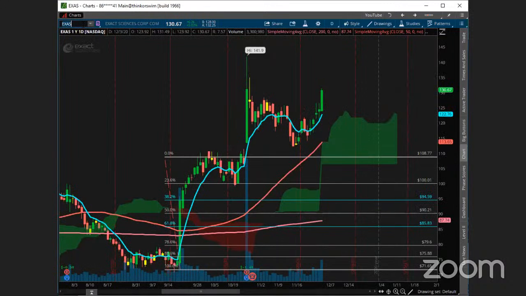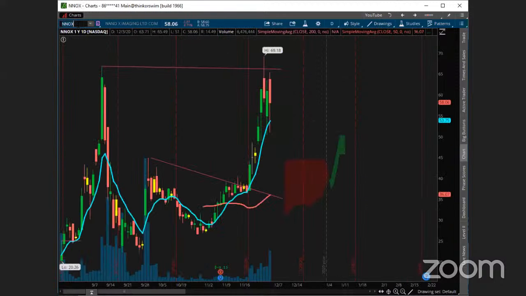EXAS. Exactly, a strong candle right there, right? So it's a pretty good breakout out of these levels. You can kind of see this, nice little breakout out of those levels right there. Strong candle right there. This is your first kind of breakout candle, double pause day and up. So let's see if it can get some follow through on that one. Nice find there. NNOX. Yeah, so it's kind of right off of that cup and handle level, right? That was a really key area for it to try to get above.